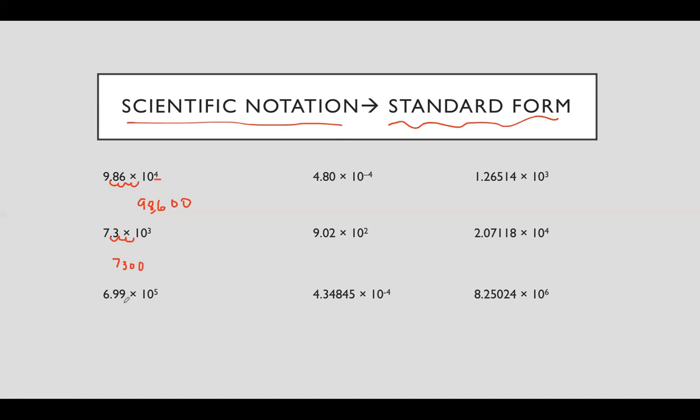6.99 times 10 to the fifth. We are moving the decimal over 5 places. So 1, 2, 3, 4, 5 gives us 6, 9, 9, and 3 zeros, so 699,000. Okay, so when we have a negative exponent, that means we're going to be moving the decimal over the opposite direction. So we're moving it this way 4 times. 1, 2, 3, 4. Decimal goes here, which gives us